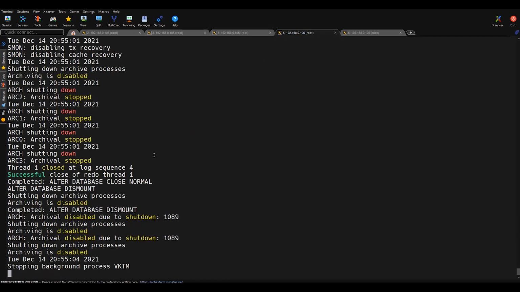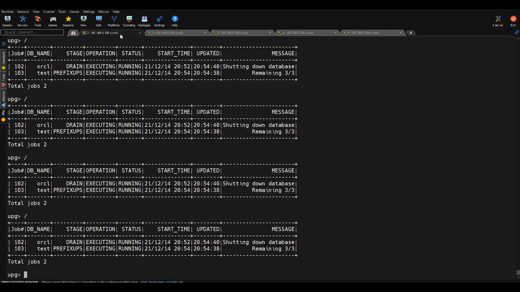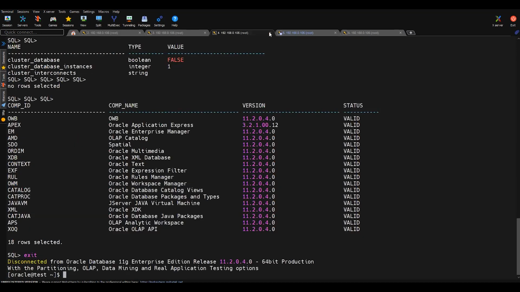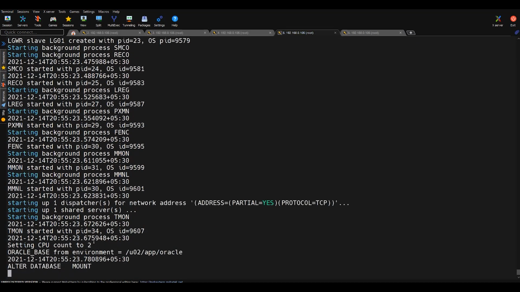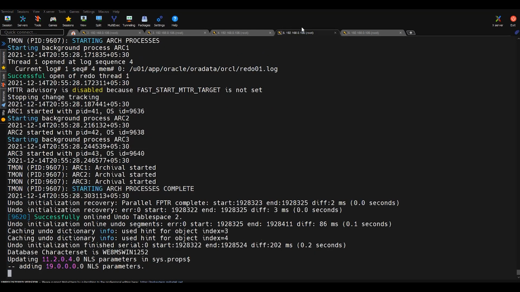And if you look at this alert log also, everything is automatically getting performed. Okay, so we will just wait for a few minutes. I'll show you details in between, like what is happening. As of now, you can see in the alert log the database is getting restarted for database upgradation purpose.